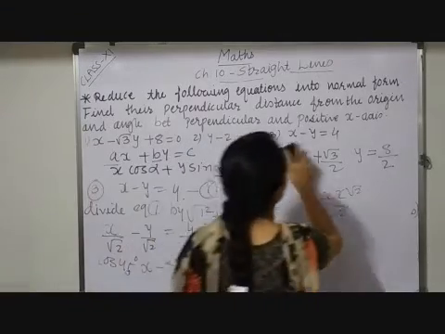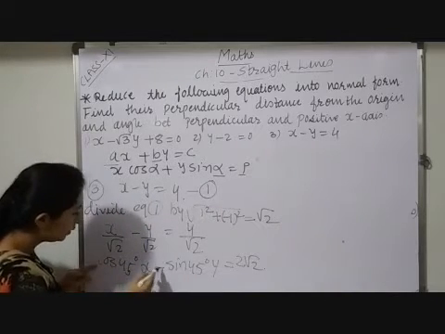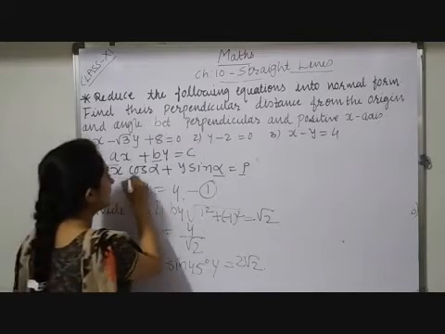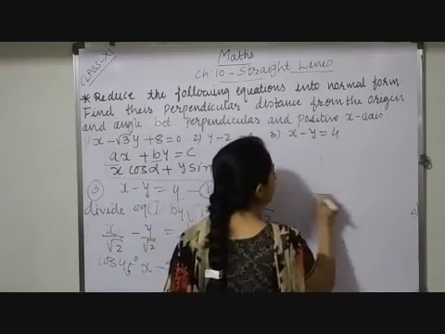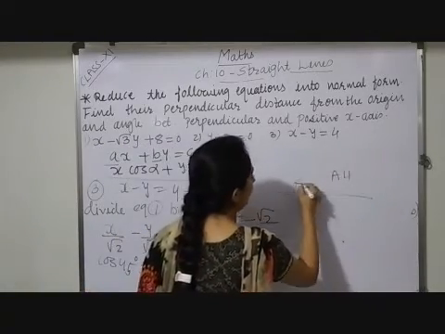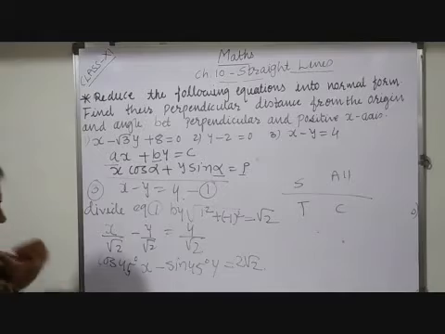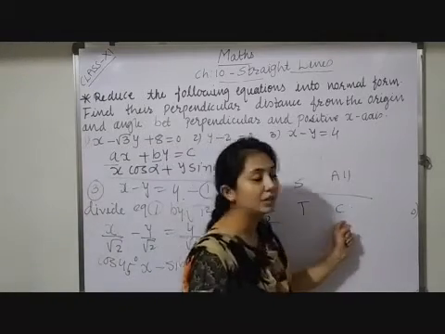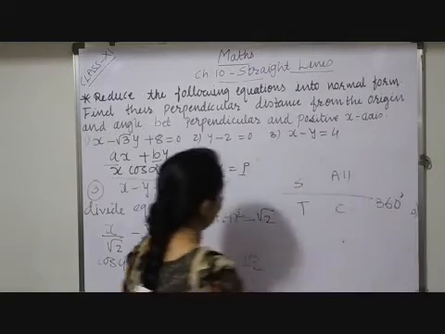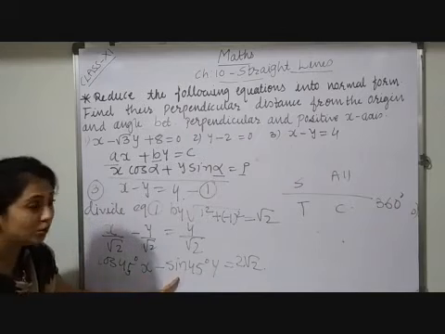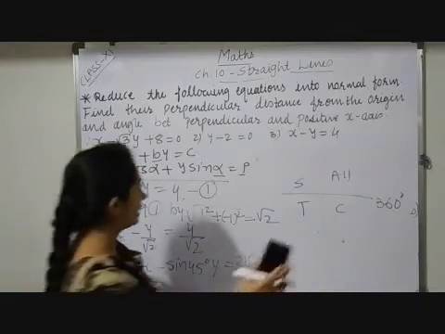Now after this, here observe, cosine is positive but sine is negative. Here as per the general form, I want both parts positive. So what you can do, in the third chapter you have studied this thing, all S T C. It means I have to find a quadrant in which cosine is positive and sine is negative. So here in the fourth quadrant only, cosine is positive, sine is negative. So it completes at 360°. So to get sine positive, I have to subtract this given angle from 360°.